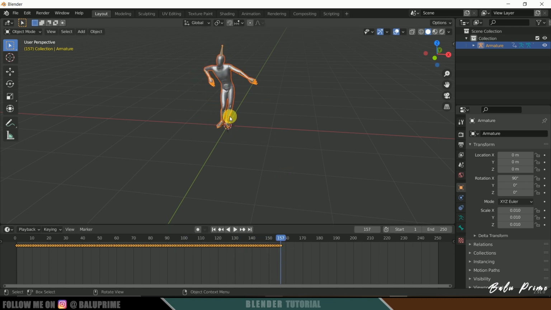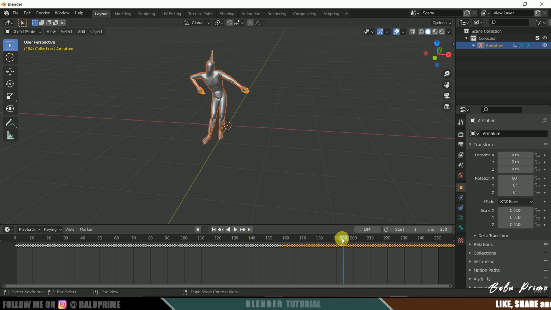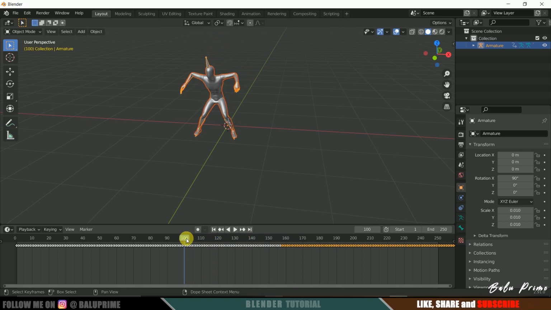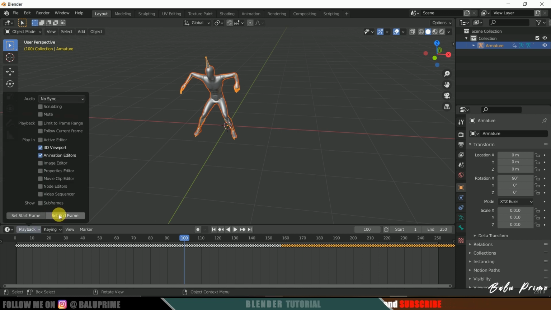If you want to loop out continuously, you can copy these keyframes and paste them on the next frame. I will show you how to do that. So select all the keyframes, Ctrl+C copy, just move one frame forward. You can use arrow keys and paste them. So from this frame the animation will continue. So here I will be using only 100 frames. So beyond that 100 frame, click on this playback and set it to end frame.